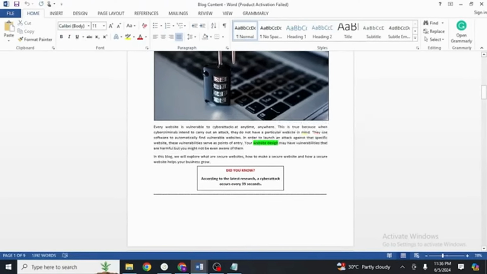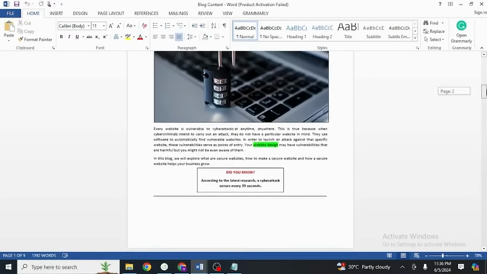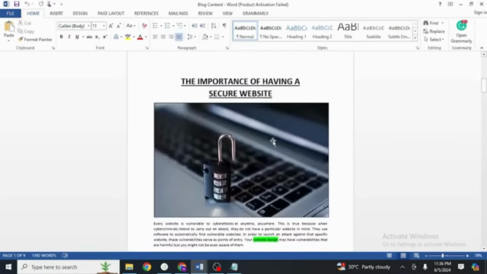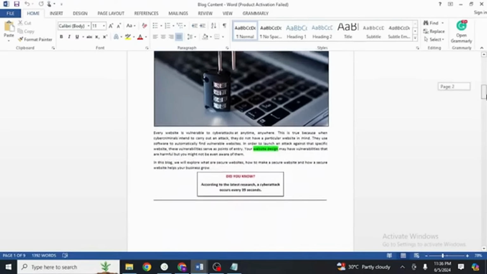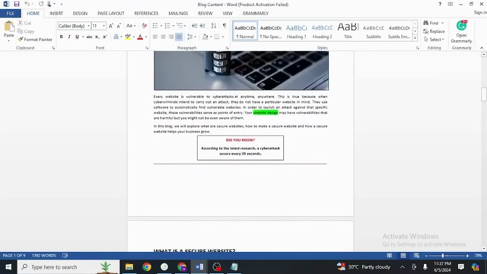We will be discussing it further, interlinking and anchor text, etc. So after the title, we have given an image. Then we start with an engaging paragraph. Make sure the paragraphs are not too short and not too long. They should be of moderate size.